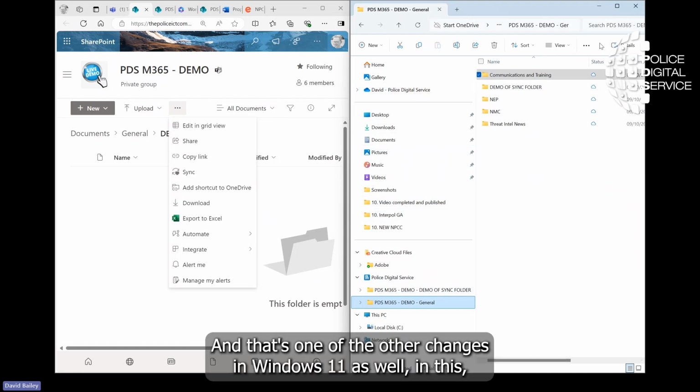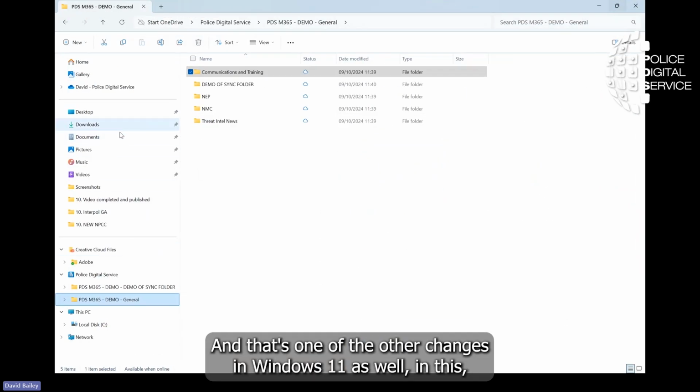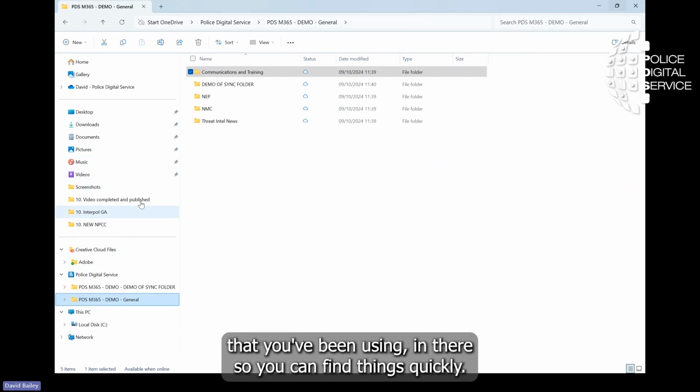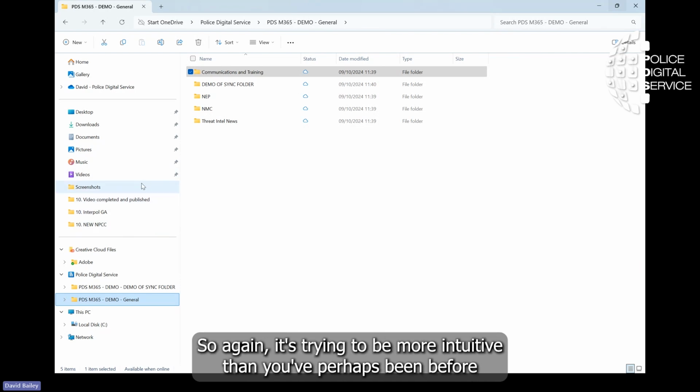And that's one of the other changes in Windows 11 as well. In this File Explorer bit, it automatically puts your most recent folders that you've been using in there, so you can find things quickly. So again, it's trying to be more intuitive than you've perhaps been before with some of the tools